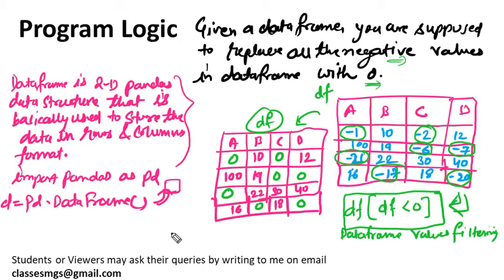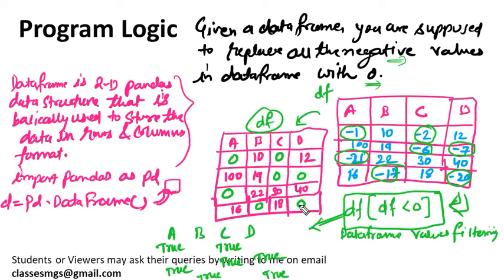So it will return a data frame like this, A, B, C, D. It will return like this. This value is less than 0, so it will be marked as true, other values will be marked as false. So which values will be marked as true? Which are less than 0. This is true and this will be true, then again this will be true and then this will be true, again this will be true here, and you will see again it will be true. The values that are less than 0 will be true, because this is known as data frame filtering.